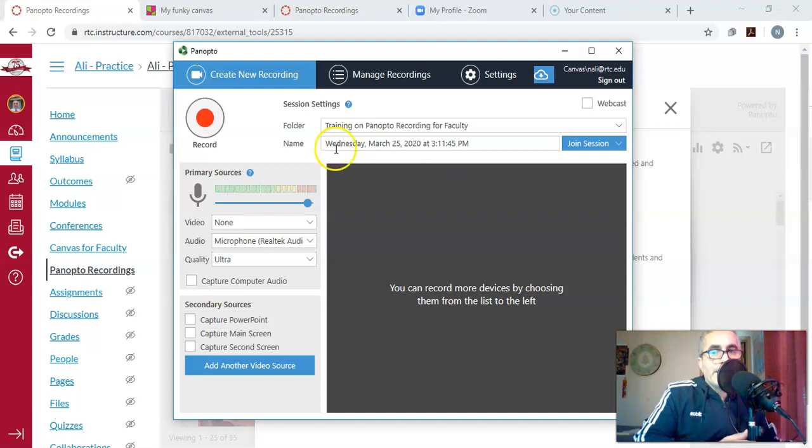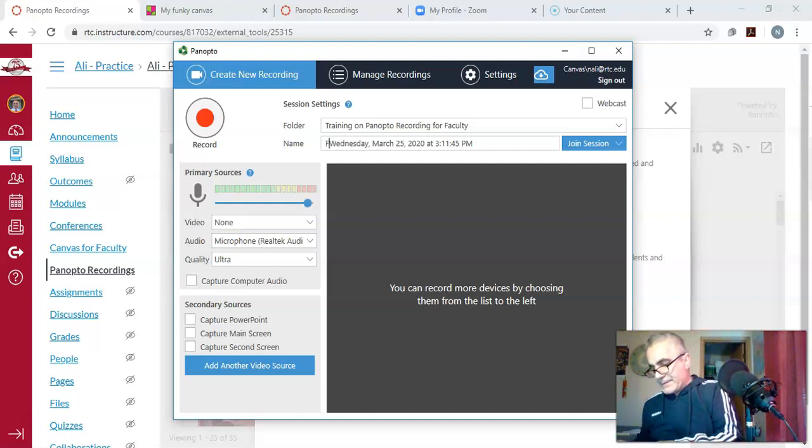Okay, and then you can name it, give it a name. So what I'm going to give this first session, like first session on Panopto recording. So just type first session on recording,